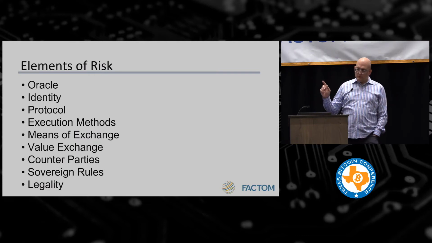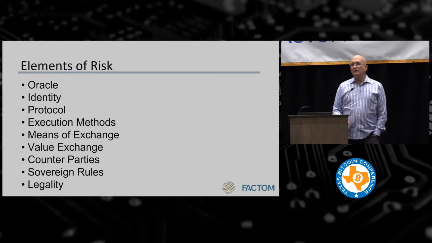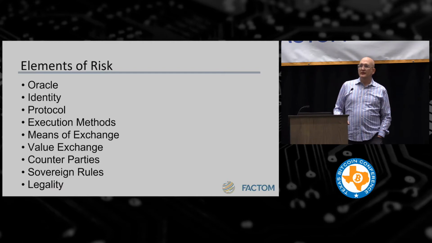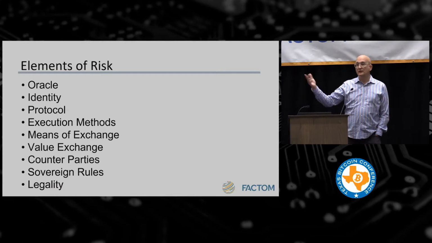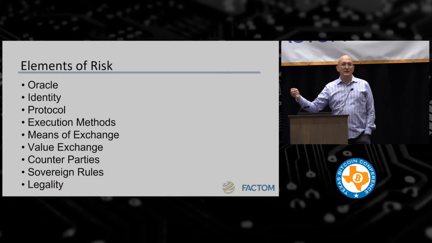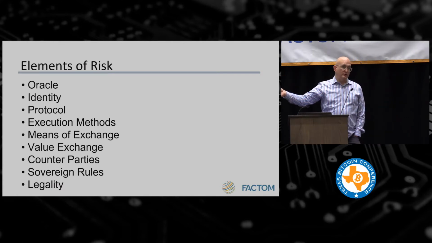So we kind of get into sovereign rules now. I told you we were going to touch on this. Sovereign rules mean that the country of origin in a contract may have an issue in something that happens. Smart contracts that are done in the case of Mexico would be done across border, or in any other country. So then you've got the issue of what do the rules in the US say and what do the rules in the other countries say?